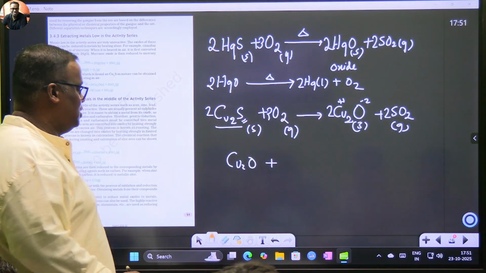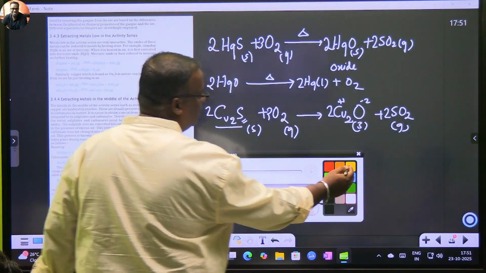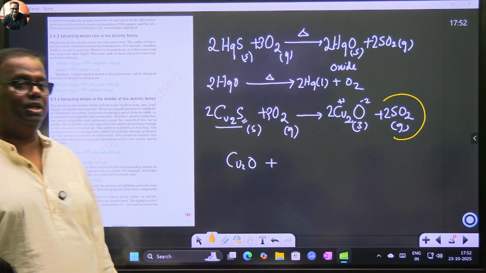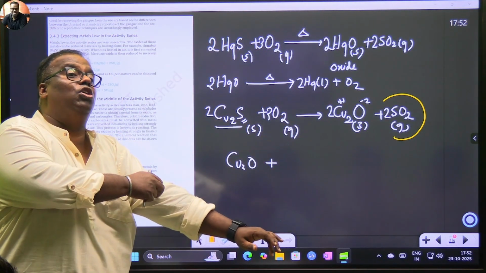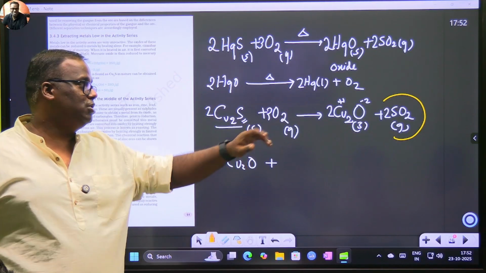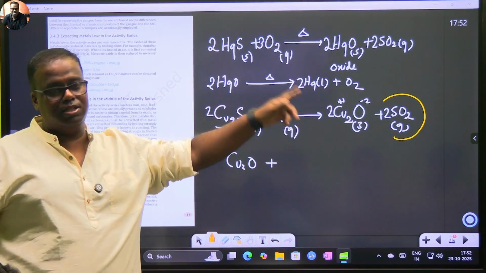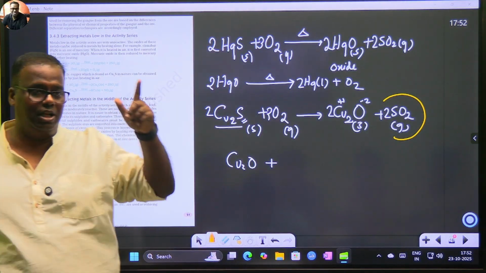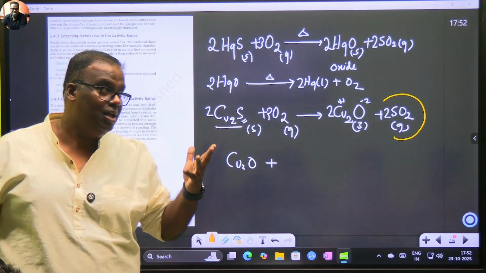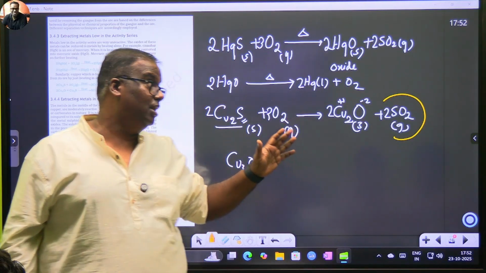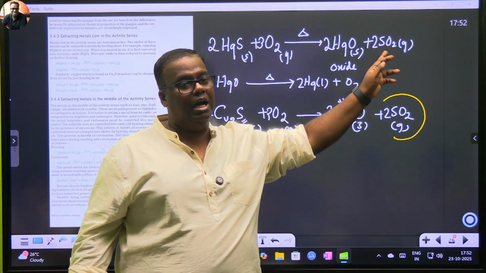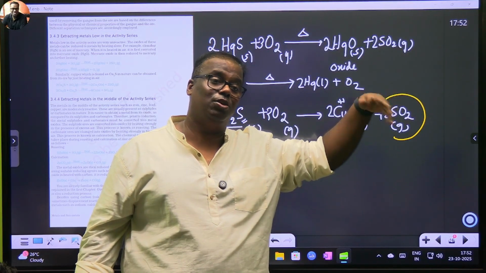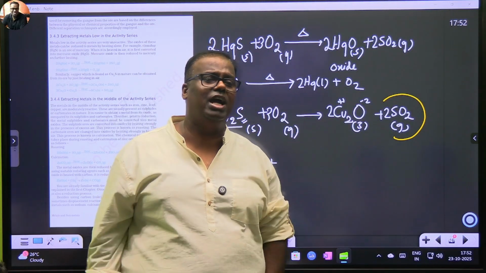See, this reaction is important, though we don't study it. This gas is a very important gas in industry. सल्फर डाइऑक्साइड, इसका एक प्रोसेस है जिसको हम पढ़ते हैं कॉन्टैक्ट प्रोसेस. Contact process is the process used to make sulfuric acid from sulfur dioxide. So sulfur dioxide is a raw material in that process. Where do you get sulfur dioxide? So these industries which mine, they sell this gas. Either they sell the gas or they have an additional plant which will be manufacturing also sulfuric acid. Sulfuric acid is a high demand product.